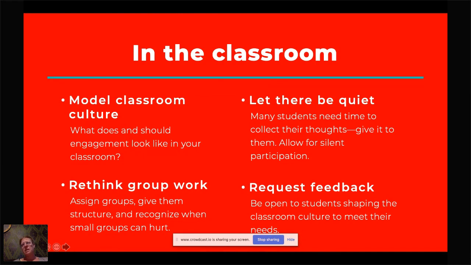And sometimes the information isn't necessarily super helpful, but the mere act of asking signals to your students that you respect them as learners and respect how they want to shape the classroom. And often really good stuff comes out of there. Sometimes it's half and half. Half the students are like more small groups and half are like never a small group again. So that can be challenging, but signaling to them that you're open to that is important.